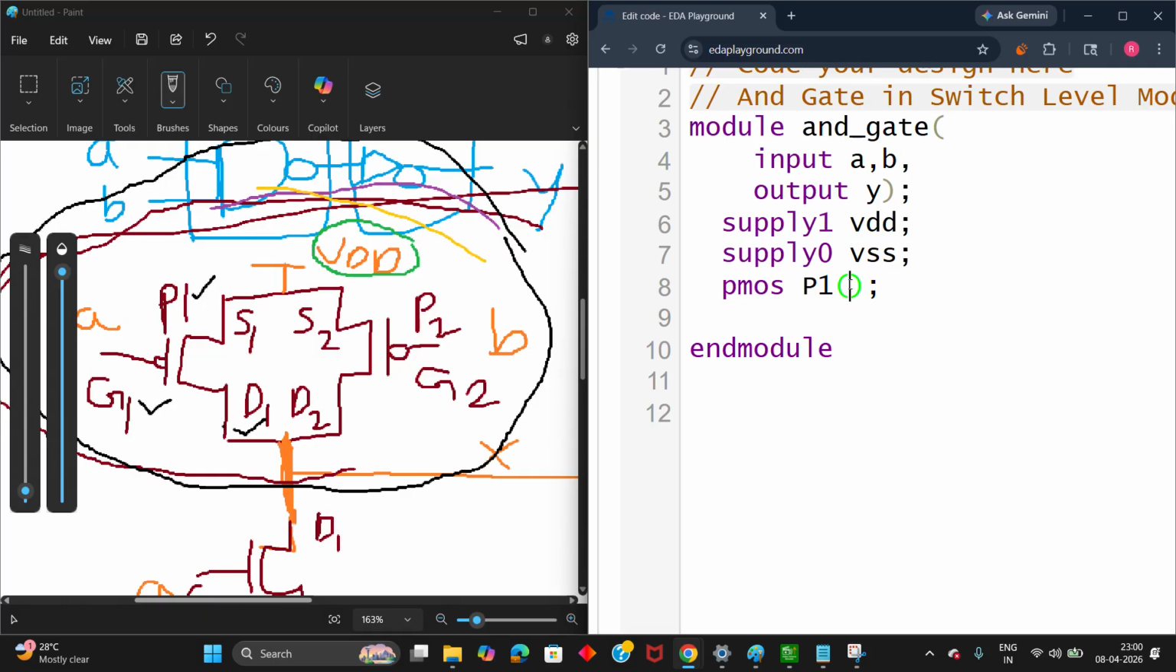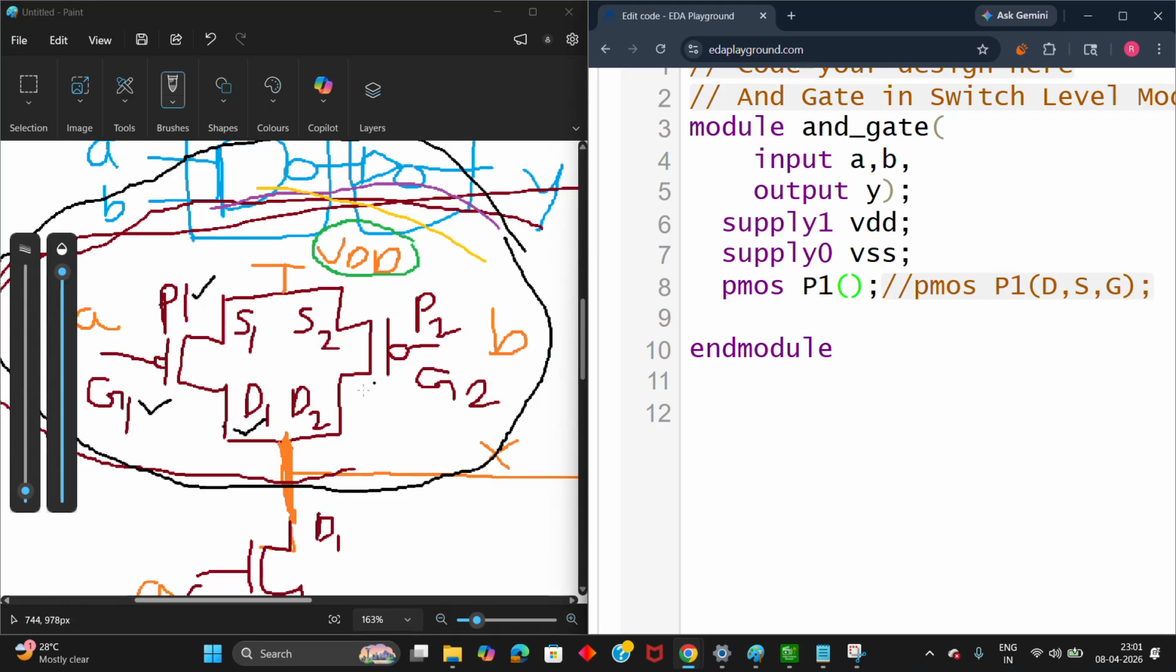Okay, now in which order do you need to give it? Is there any order? Like you should specify the gate terminal first, later source, and then later drain, like that. Do we have any order? Yes, we have an order. How to give that? First you need to specify the drain, means you need to specify what is connected to the drain terminal. Later you need to specify what is connected to the source terminal, and then last you need to specify what is connected to the gate terminal. Okay,